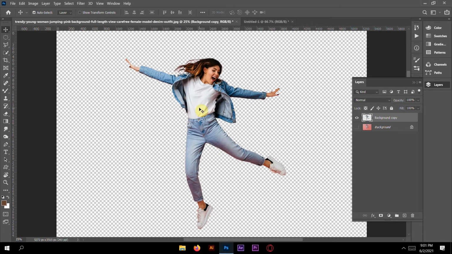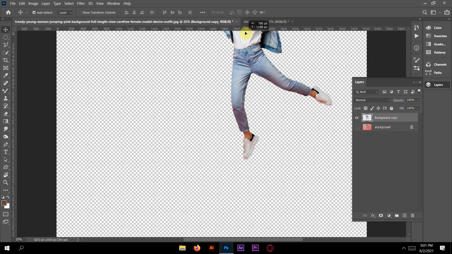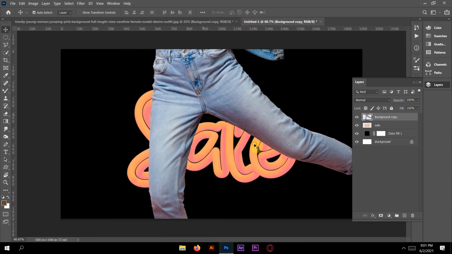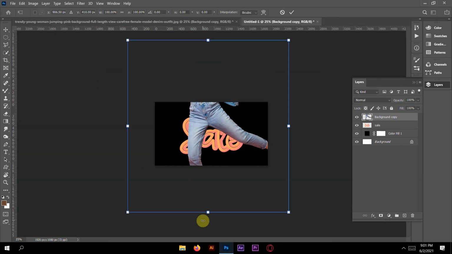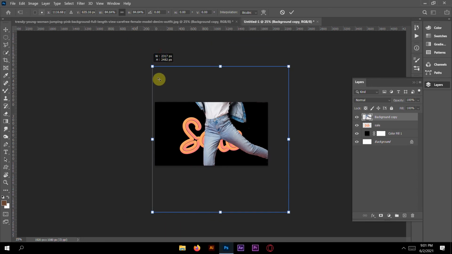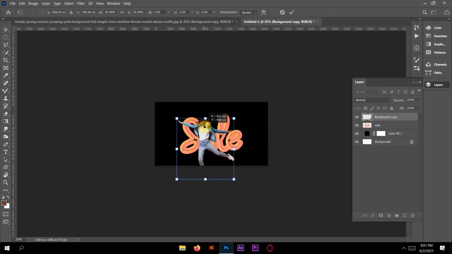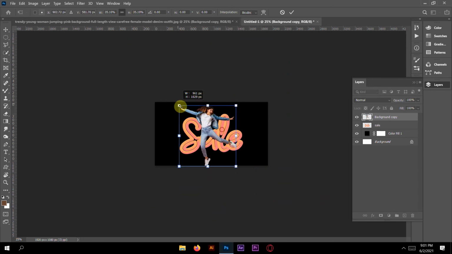Now take this photo. I also give you this photo so you can go further. Now drag this photo and place it here. You can see the picture is too big. Now Ctrl T so we can resize it.